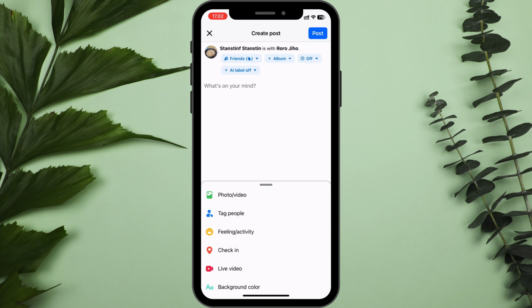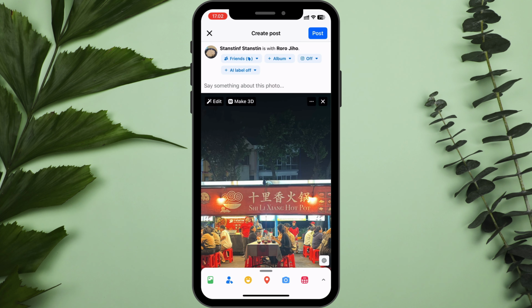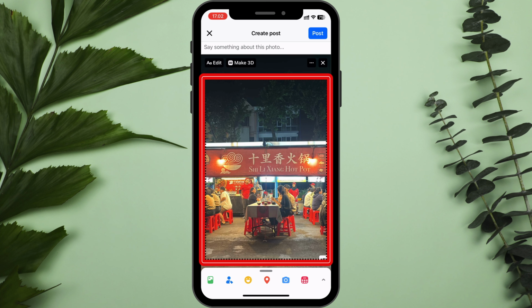And the second one, if you want to tag someone in the photos, you want to choose photo and video, and choose the photo you want to tag with. Click done, and you want to click the photo,